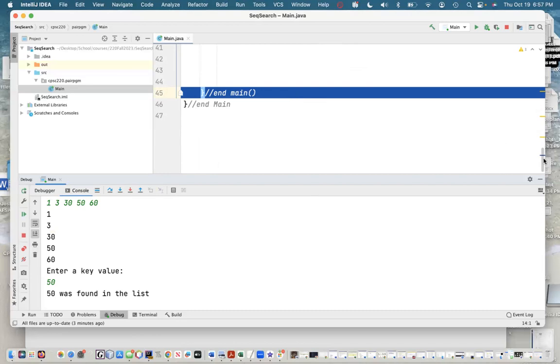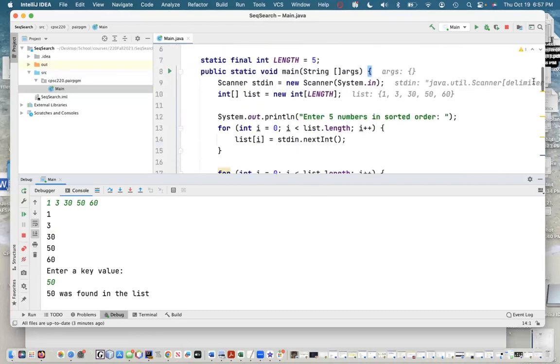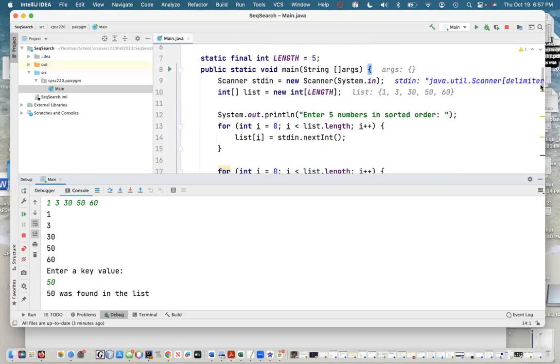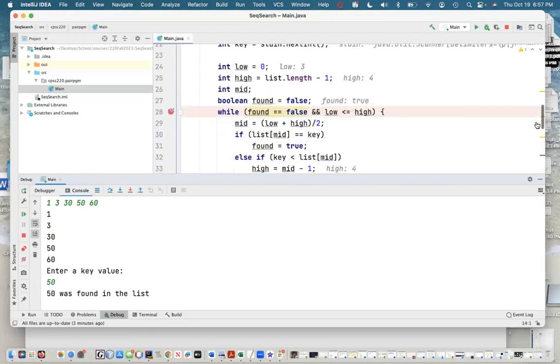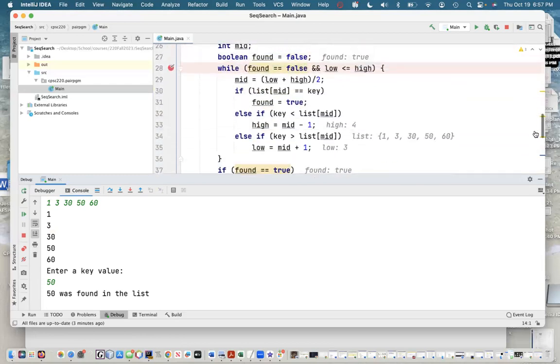Remember that you can use the debugger anytime to trace through algorithms. It's a great idea to type in the binary search algorithm on your own and then trace through it using the debugger so that you can see how the values of low, middle, and high change for a particular list. It's also great to reason through this on paper. And so you might want to draw an example array and then trace through it either using the debugger or trace through it using our